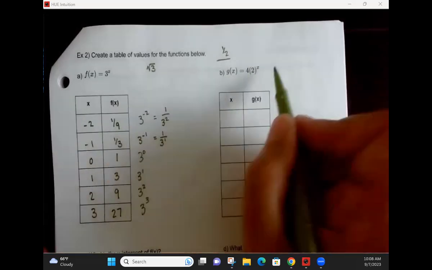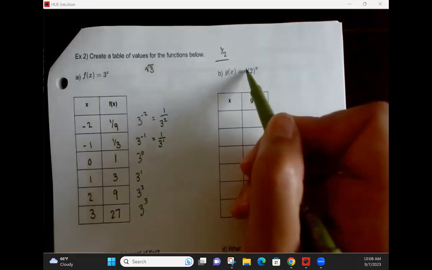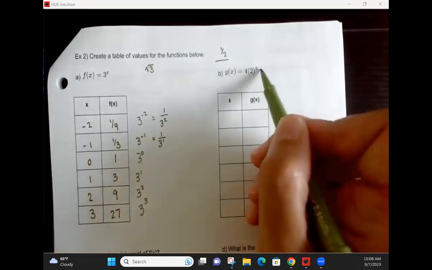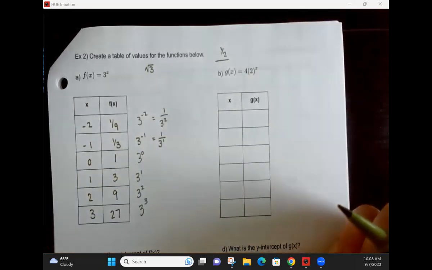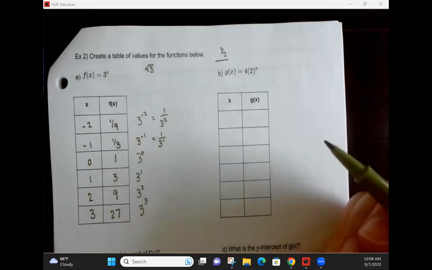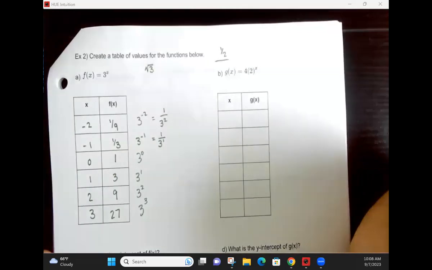Our exponential functions can be more complicated. This is a pretty simple one. We can have a sort of a coefficient here. We can change stuff in the exponent. We can add or subtract stuff at the end. So if I look at something that's maybe just slightly more complicated, 4 times 2 to the negative x, can